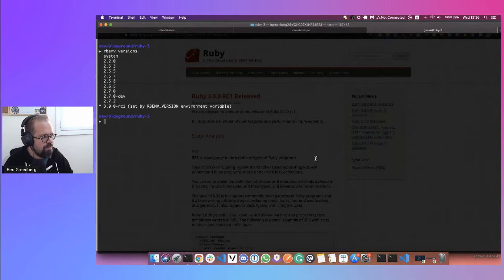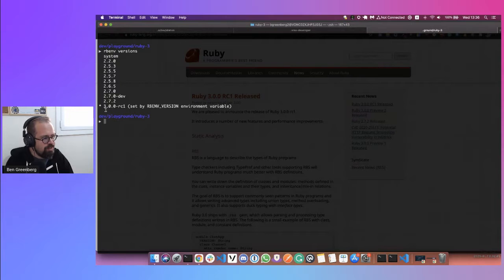You see on my system, I have a bunch of different Rubies installed, all the way back to Ruby 2.2. I could probably delete some of these, but they're there. The reason why I have so many Rubies installed is when we were working on some of our Ruby apps for Vonage, I like to make sure that they run across the Rubies that are still out there and used by our community. I want to make sure that things don't break for those folks. So right now I'm building most of our stuff using Ruby 2.7.2, which is the latest stable release.